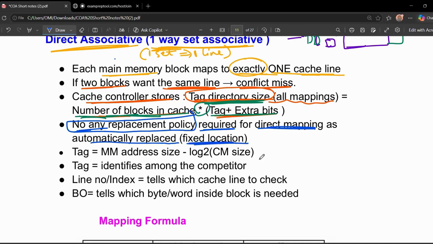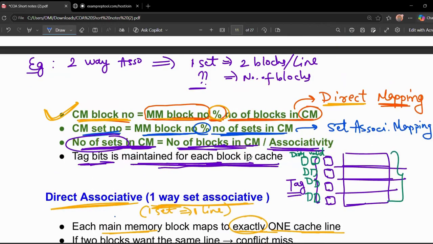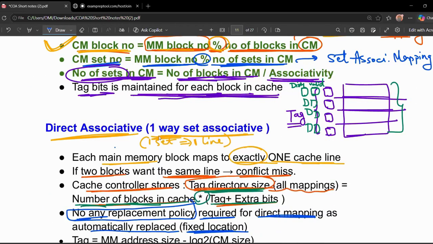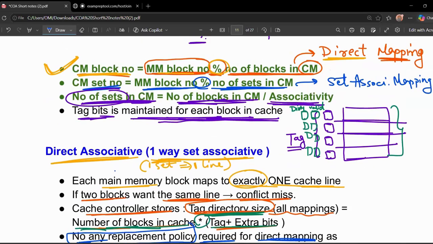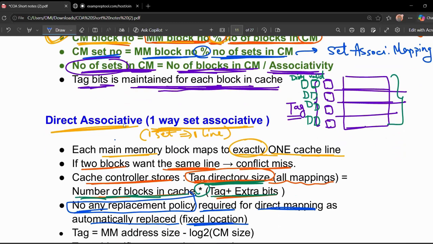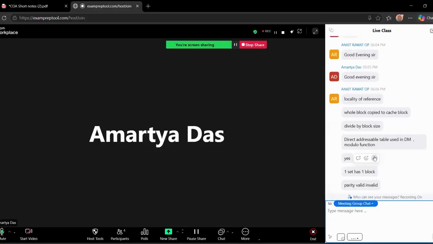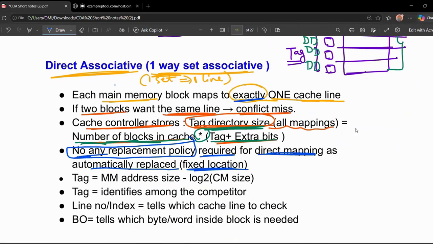Why is the replacement policy not needed? Because the mapping is fixed. Each main memory block maps to exactly one line, so it knows where it has to go. For example, if this is the direct mapping,